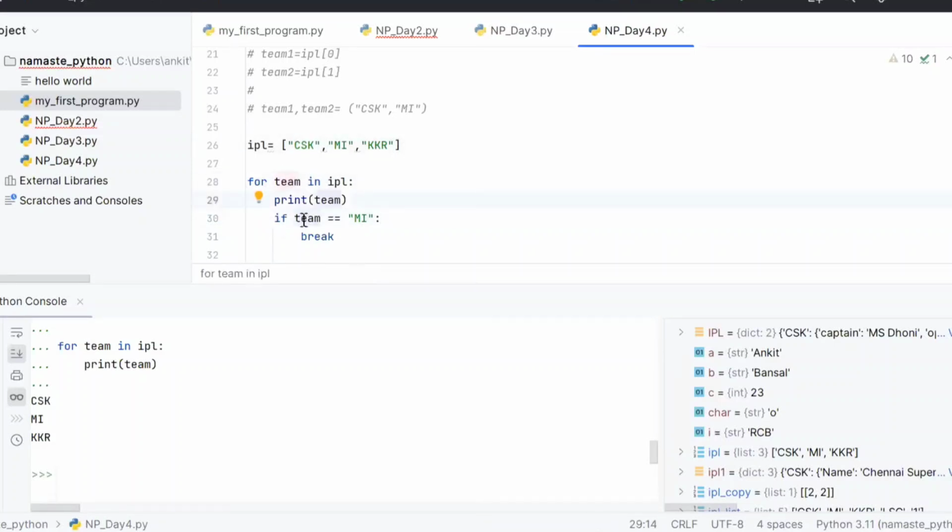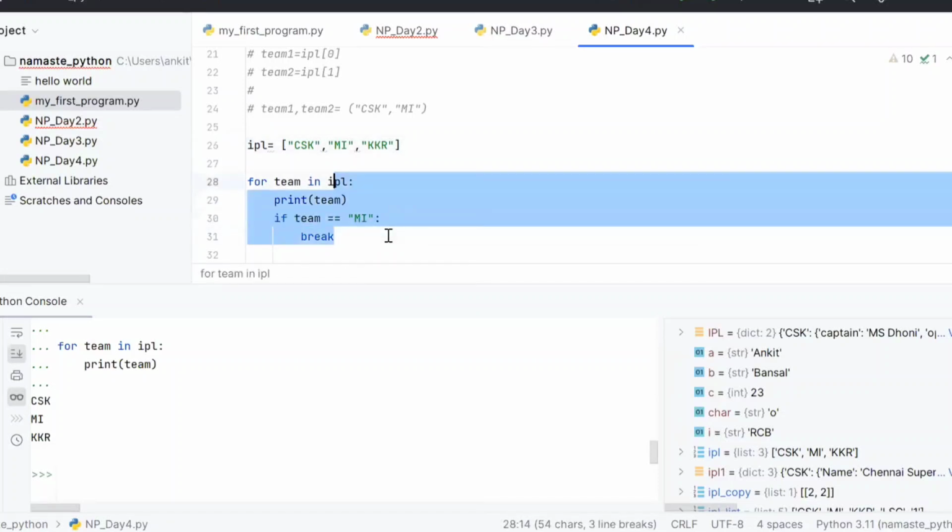It will check if team equal to MI, no. So it will continue. It will not go inside this. Then it will pick MI, and again it is going to print team. It will check team equal to MI, yes. Then it will break. KKR, it will just stop the loop then and there. It will not go to the KKR element.